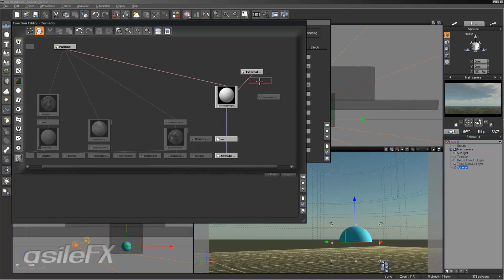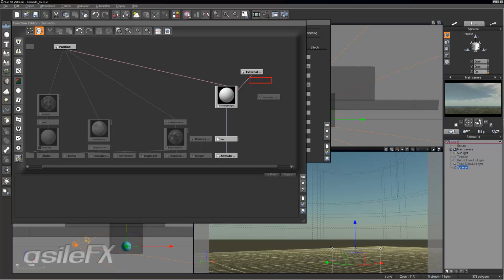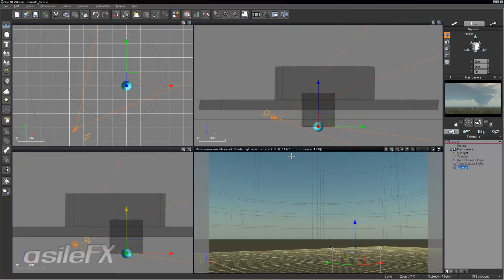Now, the reason this actually isn't working is because the sphere's position is on the Z way too high. Because if you remember, we moved the ground plane up. So if we go to the sphere and set the Z position to 0, we can now move